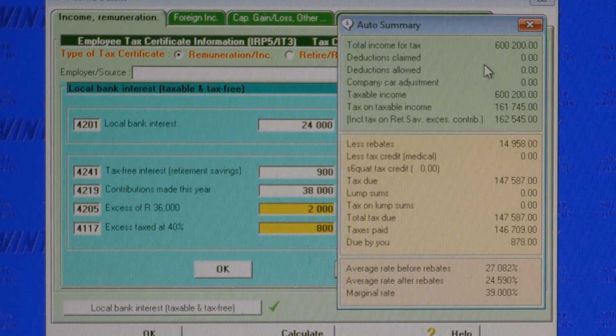If I drag the auto summary window over and show all the bottom line figures, we can see the 600,000 Rand salary plus a 200 Rand taxable portion of the ordinary bank interest makes 600,200 Rand income for tax. As we have no deductions, our taxable income is 600,200 Rand, and the tax tables show the tax on our taxable income to be